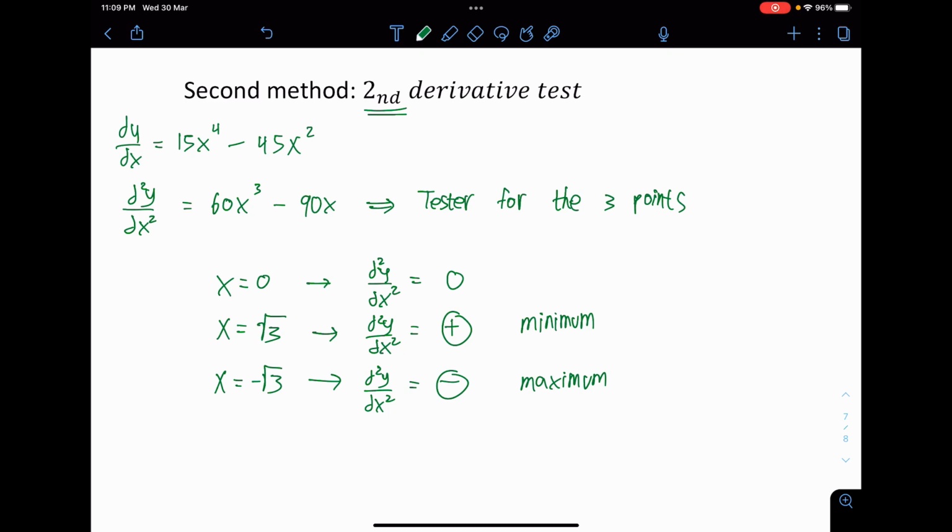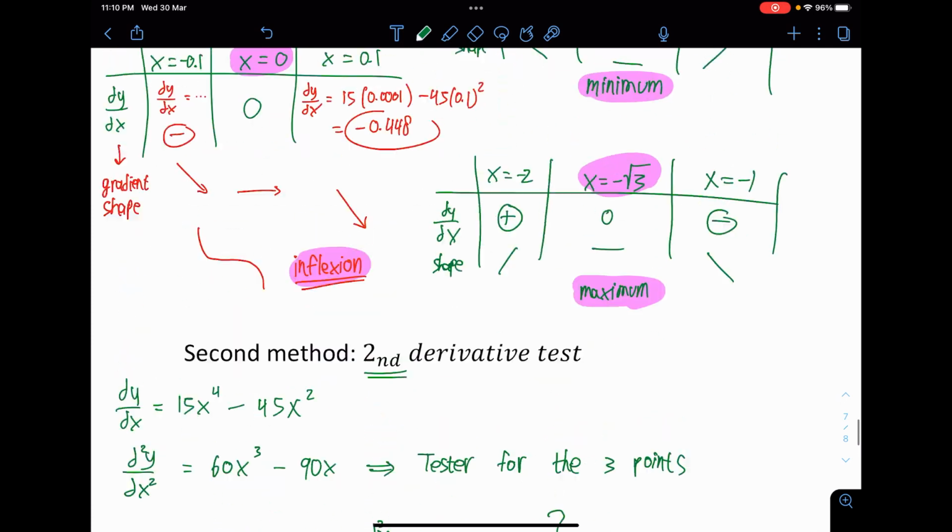Alright, so that's how you conclude using the second derivative test. But when you get 0, does it mean that you got inflection? The answer is no. The answer is more like a question mark. Is it a maximum, is it a minimum, or is it inflection? What I can tell you is this. The second derivative test actually fails when you get 0. When you have a 0, there is a possibility that it is an inflection, but it is still possibly a maximum or minimum. Meaning to say that we cannot conclude. It's just ambiguous. Whenever this comes out, you need to repeat the entire process and rewind into the first derivative test.